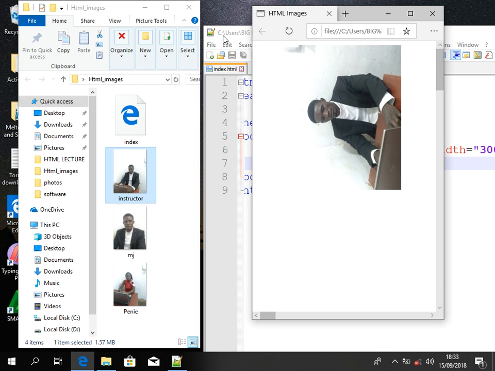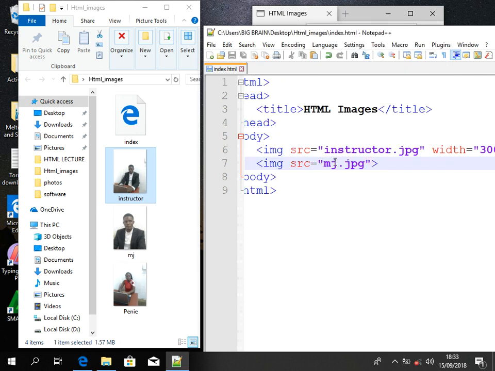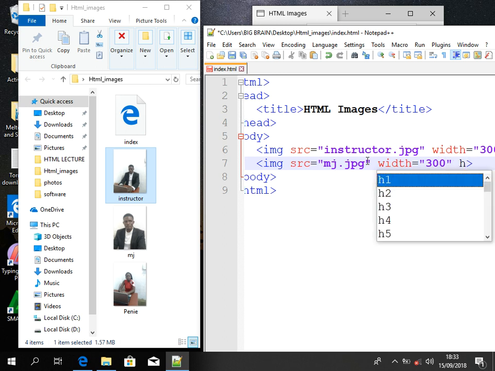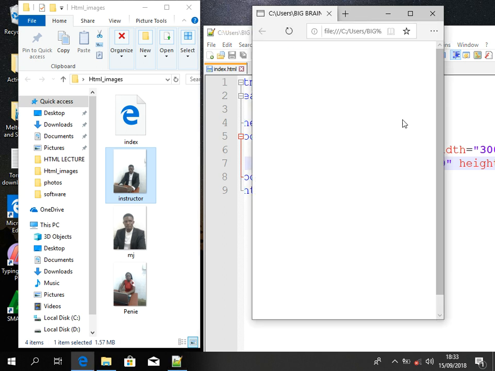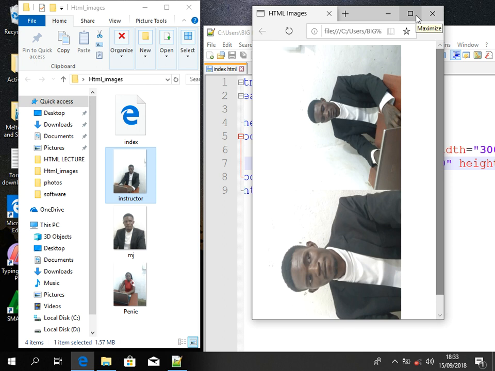So what we have to do now is to define the width, or maybe the size. The size will have the width as 300, and the height will as well be 300. So let me save here, and from the browser, I refresh, and we shall have both of them